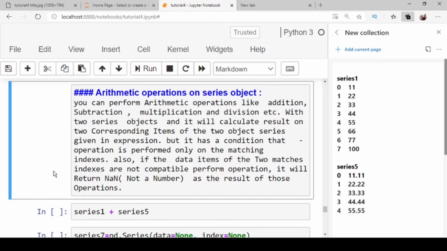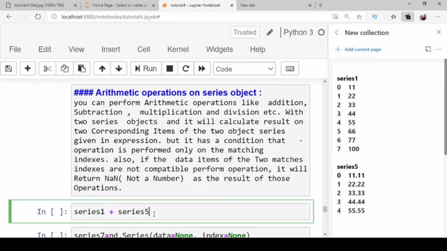But it has a condition: the operation is performed only on the matching indexes. Also, if the data items of two matching indexes are not compatible for the operation, it will return NaN, not a number, as the result of those operations.